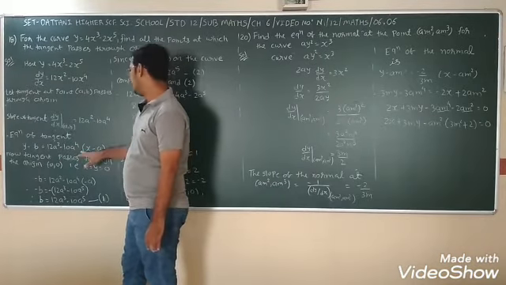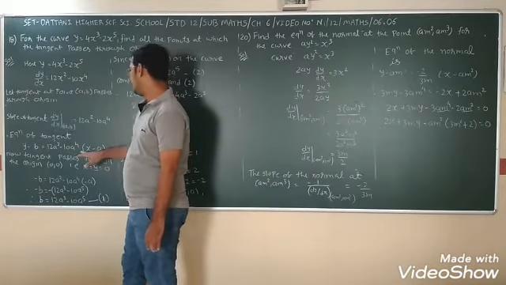Equation number 1. Since we assume the point (a, b) is the point of tangency, it means the point (a, b) is on the curve. So since (a, b) lies on the curve, we put x equal to a and y equal to b. So b is equal to 4a cube minus 2a raised to 5. Equation 2. Now comparing 1 and 2, I want to find a and b. We convert into only variable a. So 4a cube minus 2a raised to 5 is equal to 12a cube minus 10a raised to 5.